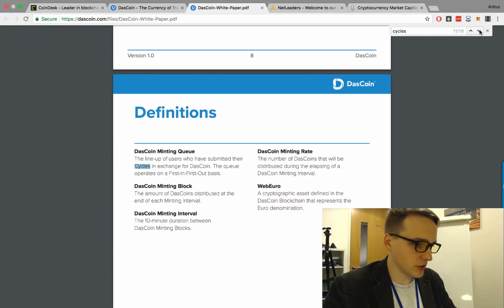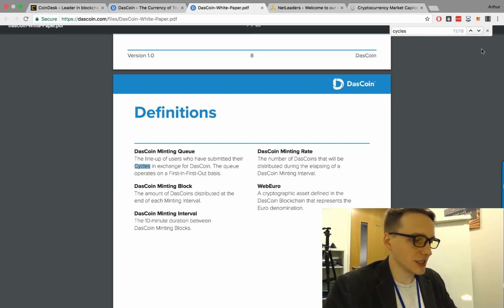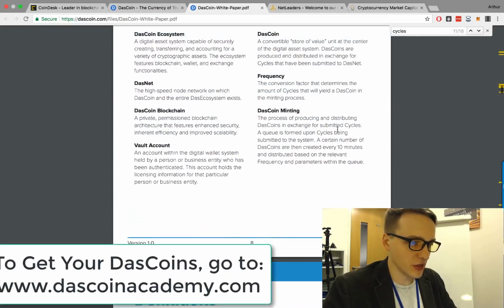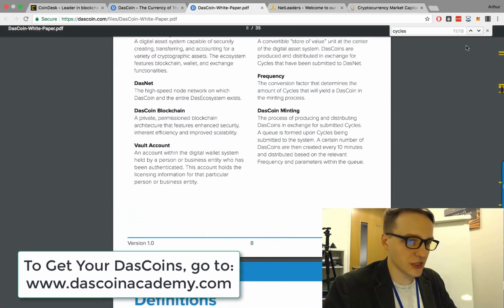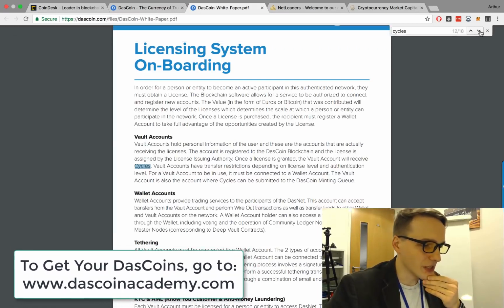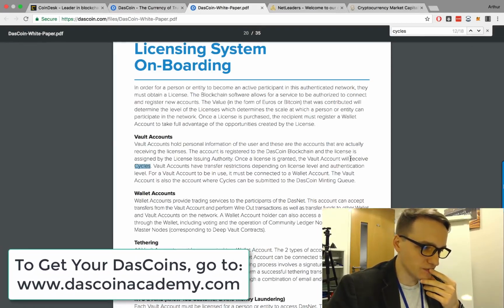There's quite a few. The DasCoin minting queue, again, the lineup of users who have submitted their cycles in exchange for DasCoin. The queue operates on a first in, first out basis. So this is the continuation of the DasCoin minting paragraph. And then we've got the vault. Vault accounts